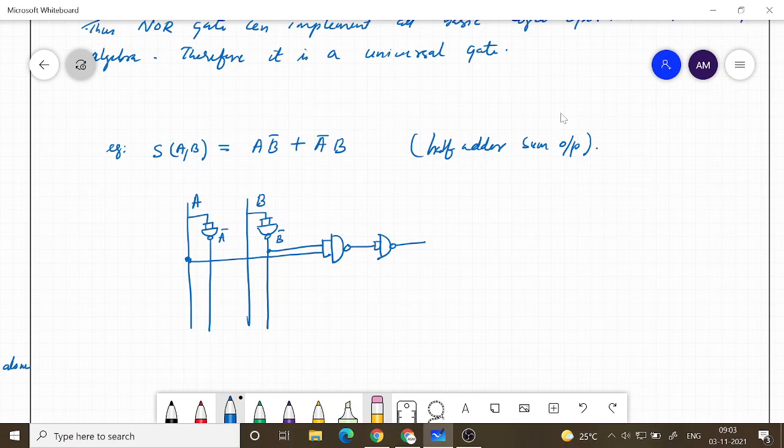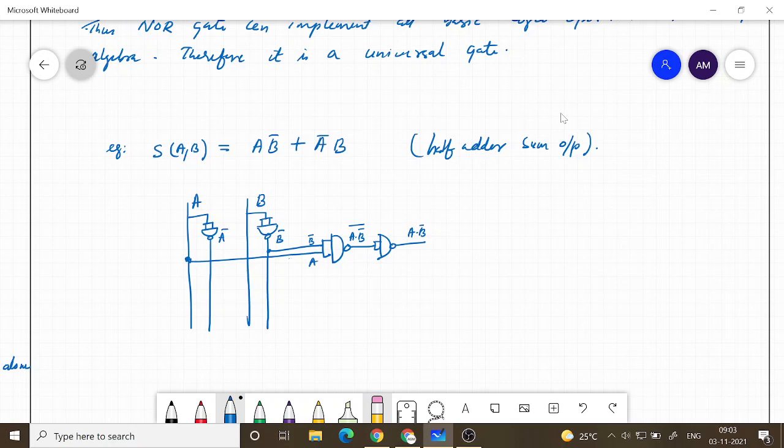So here I have A, here I have B bar, so here I will have (A B bar) the whole bar, and here I have A B bar. So that way I can generate the first term.